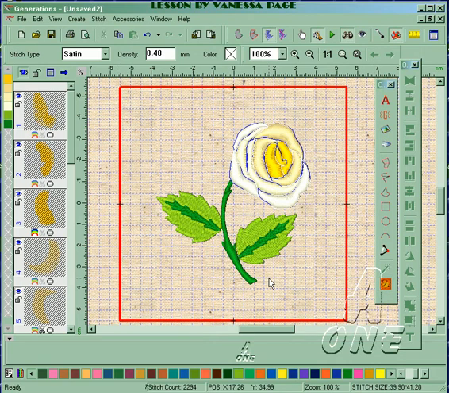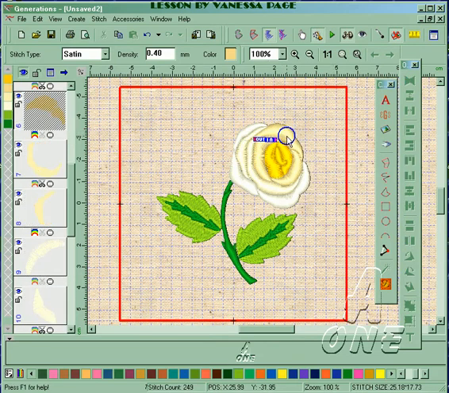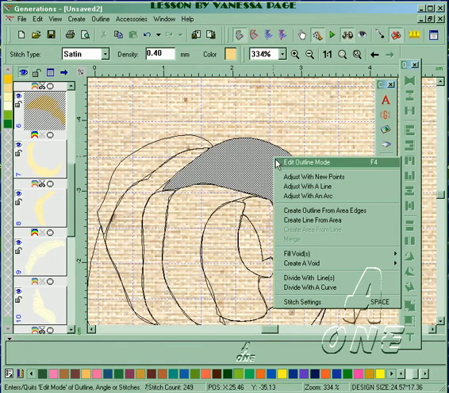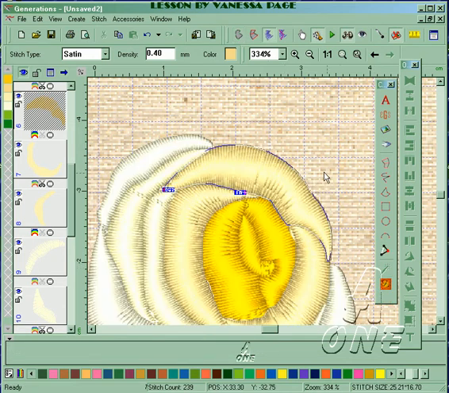Don't be afraid to try different things on your design. Now I know by looking at this area in here, that's going to be a very wide satin stitch. So what I might do is just zoom into that area, and then I'm going to right click and say adjust with an arc. Now I want to put a point there, and I'll get a green dot and then come over to this side, and when I move my cursor you'll see that blue area. If I select that, I can just reduce that down a fraction in size, click enter, escape and generate,